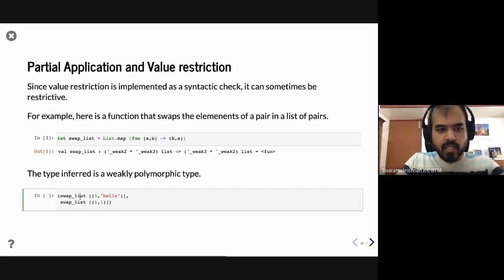I apply swap list first on a singleton list with integer 1 and string hello. The result I would expect is a singleton list again, where you have hello and 1. And I again apply swap list on 1 comma 1, which is integer. So you get 1 1. You should get 1 1 out. But if you run this program,